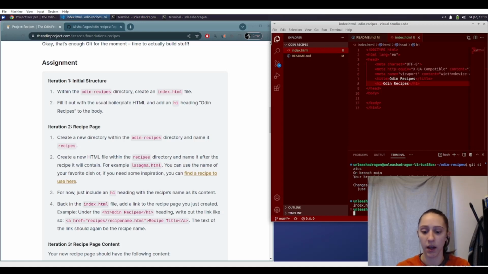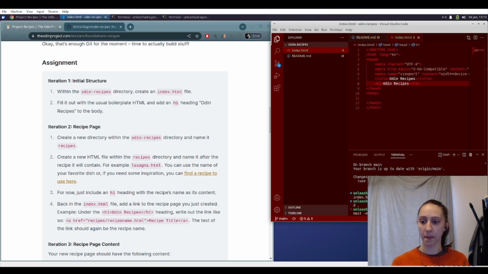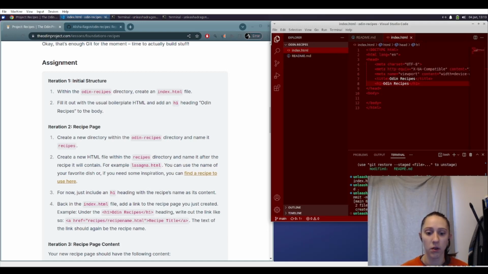So I'm going to git add. And then I will actually do this: edit readme and add text HTML. We're doing things. It's very exciting. Now that we have done that,